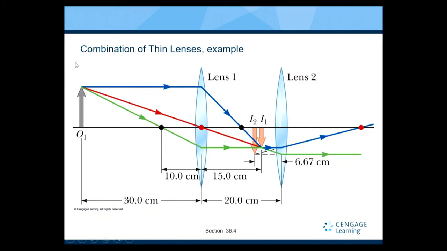So I start with this object, use my rules to find my image. This becomes the image. Then now I'm going to be inside the focal length of this lens given how far apart they are. I'm going to be inside that. I do the same arithmetic and everything that I need to find my object for this one based on this is where my image is, and my ultimate object